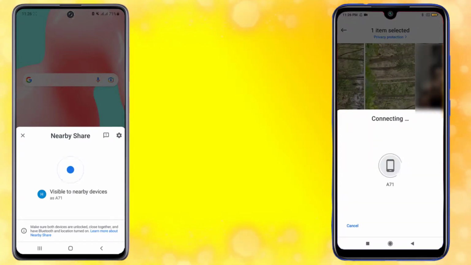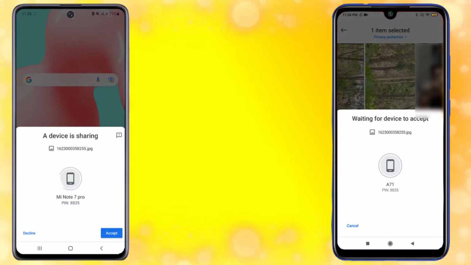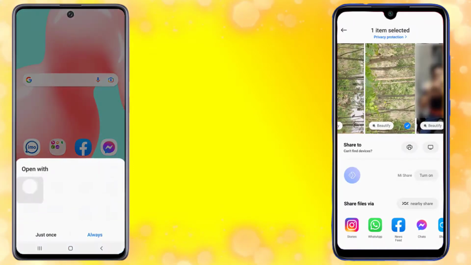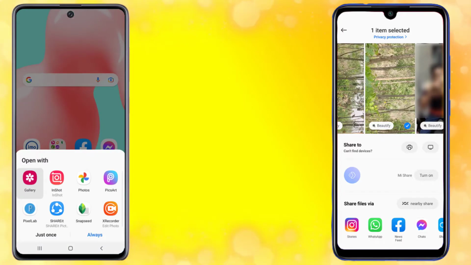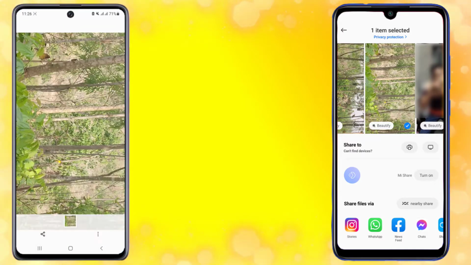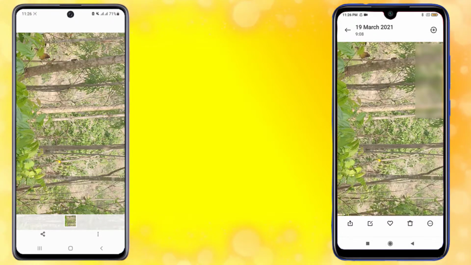Here I will select the device, you can see, and here I will find the accept notification. Here I will tap on accept, and here we can see the picture is sending, and the picture is successfully sent to my Samsung Galaxy phone. Now I will open this picture, and if we check the details of the picture, we will see the same details of both pictures.